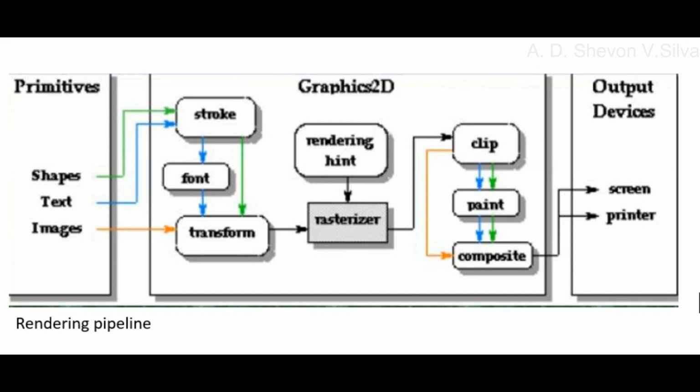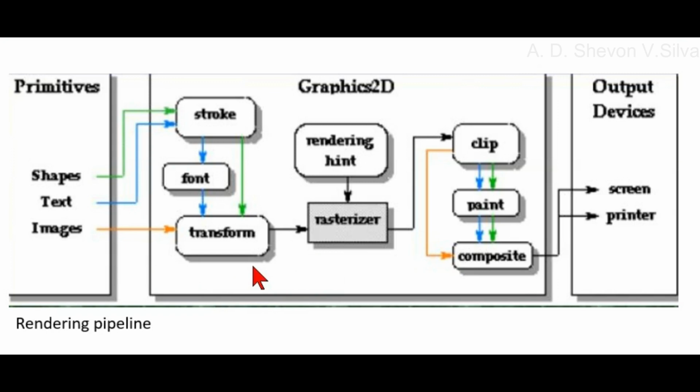The steps in the rendering process are: 1. Determine what to render. 2. Constrain the rendering operation to the current clip. The clip is specified by a shape in the user space and is controlled by the program using various clip manipulation methods of Graphics and Graphics2D. The user clip is transformed into device space by the current transform